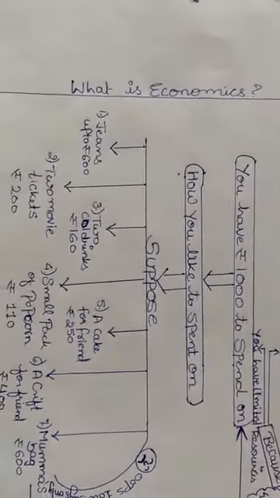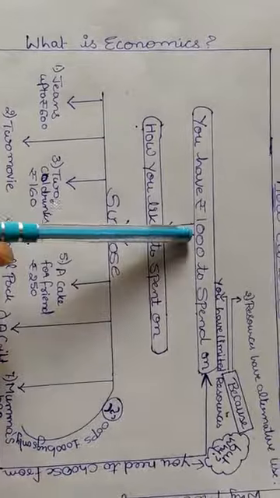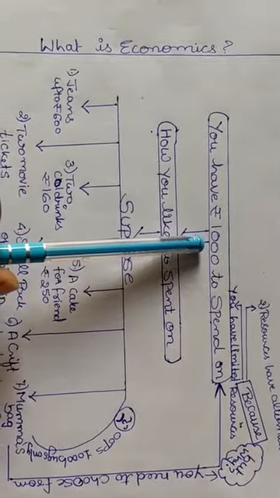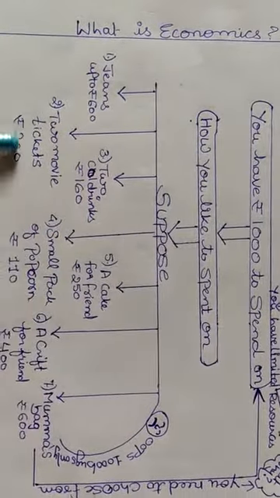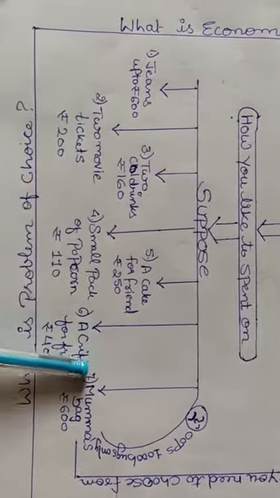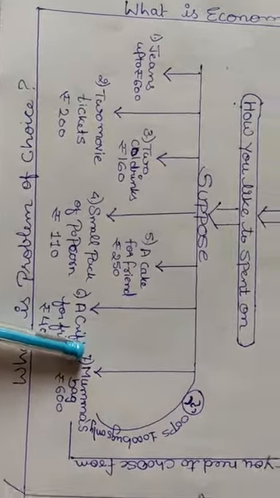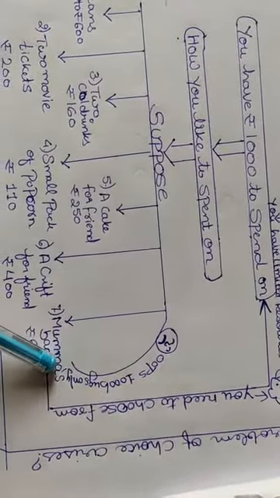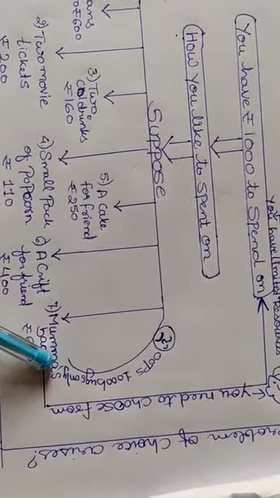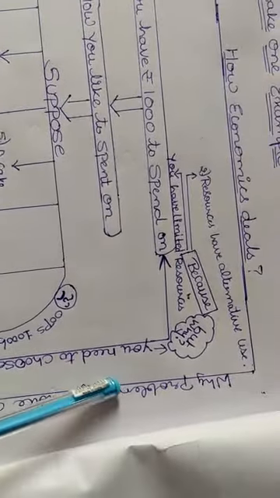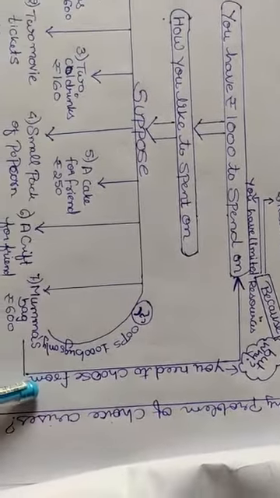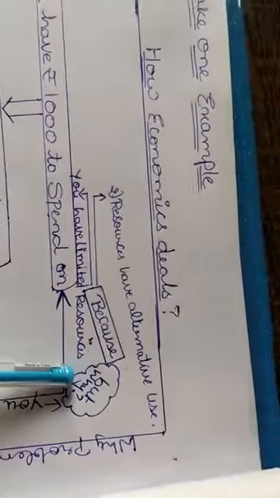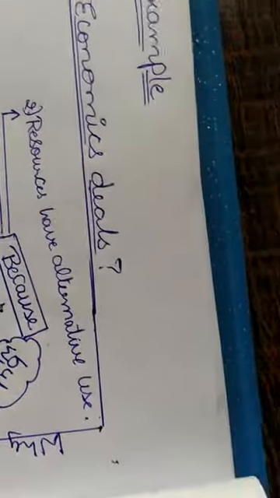Suddenly I remember, my mama told me to buy a bag for her, which is of 600. Now guys, the question arises: I have only 1000 rupees to spend, and I have a huge list of items to buy or to spend on. Oops, 1000 bucks only. Now what do I have to do? I have to choose. But why do we need to choose? Because